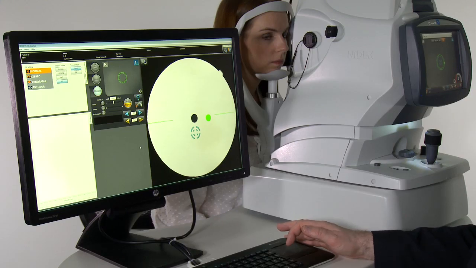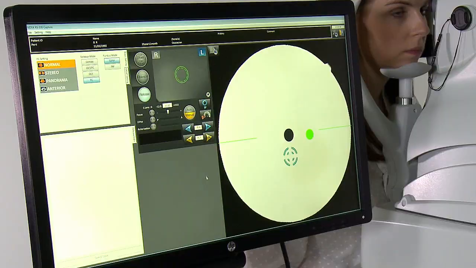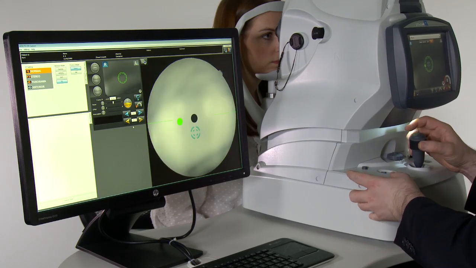Of course, we've seen fundus camera capture in automated mode. We can also take manual colour fundus images. This may be necessary if we have a patient who's got problems again with lens opacities, but also if we find a specific lesion at a point that we'd like to focus on. So to do that, obviously we click on manual mode here on the screen, and then we line the patient up as normal. So if you just look straight ahead,